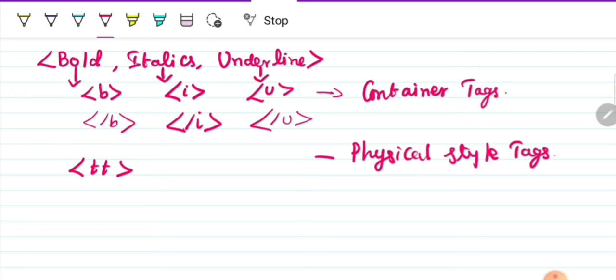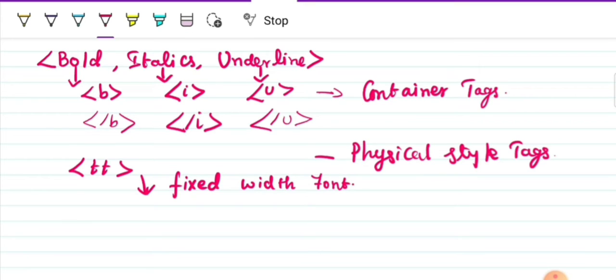It is going to have a fixed width format. If you use this tag, it is going to have a fixed width font. So TT is nothing but your fixed width font. Clear with this one?